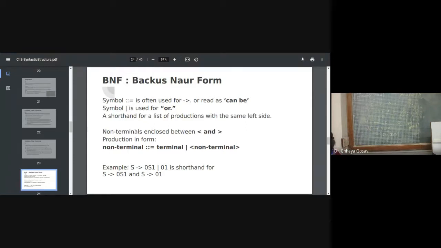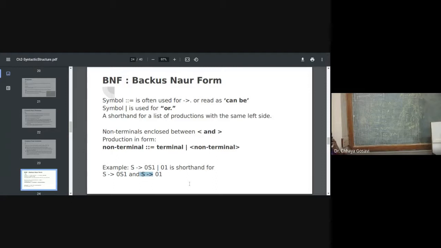Here non-terminal symbols are enclosed with these triangular brackets. So non-terminal is equal to terminal or non-terminal. For example, capital S is a non-terminal, 0 S 1 or 0 1. This is a shorthand for either this production can go to 0 S 1 or 0 1.